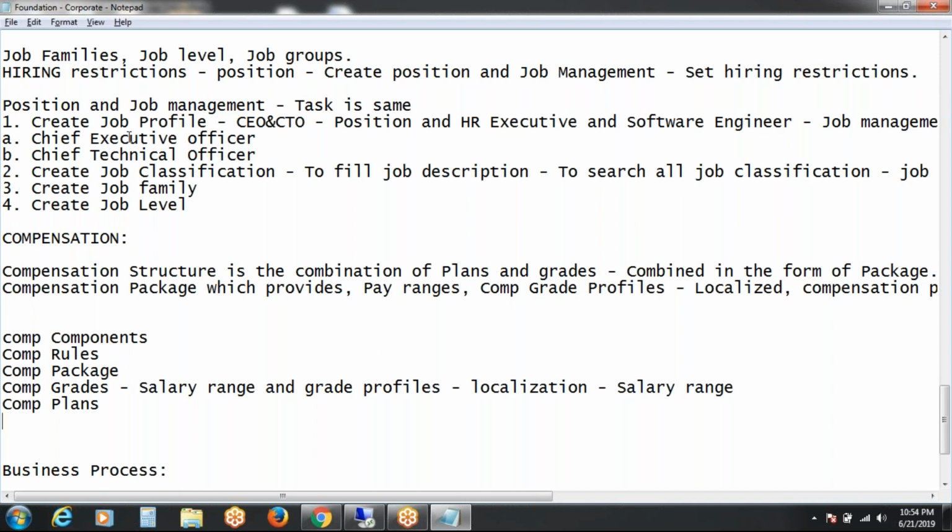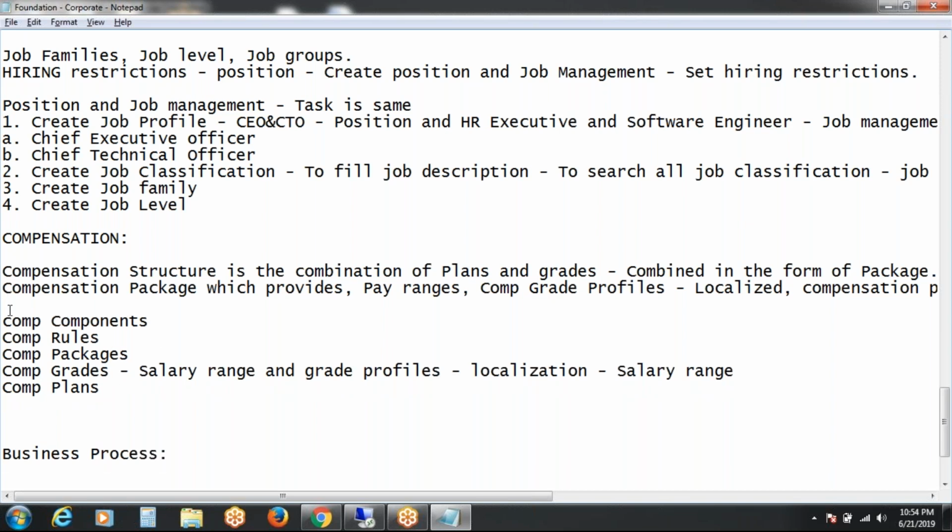The compensation component includes rules, packages, grades, plans, everything. So there is no separate component to create here. It includes all of the below mentioned.